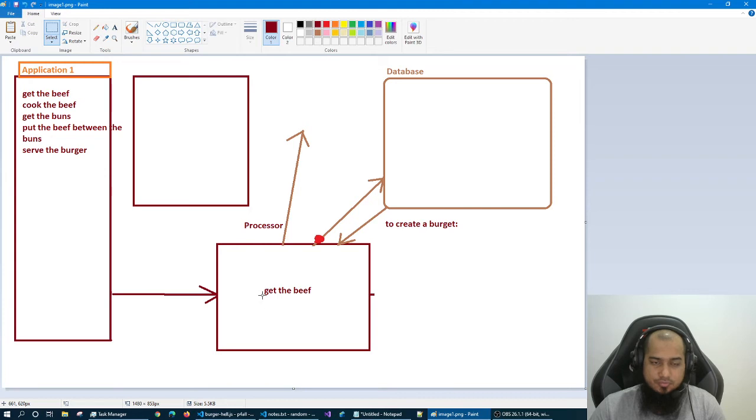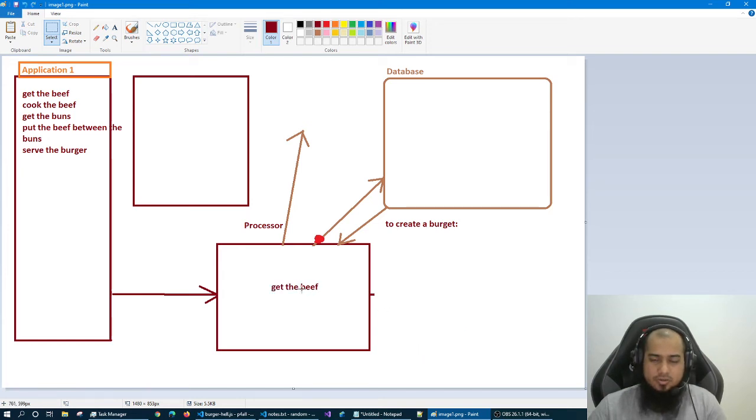So what we can do, we actually move this to here and call the helper. Helper means maybe someone else. Hey, get me the beef, and I can wait. I means the processor can wait. When it gets me the beef, then I complete this task to done,